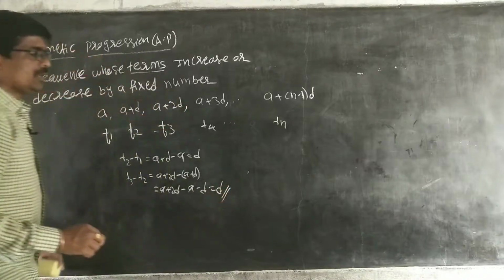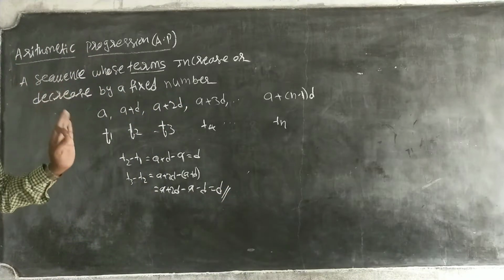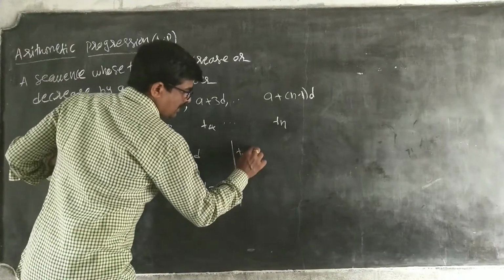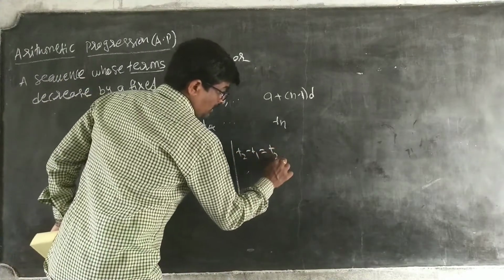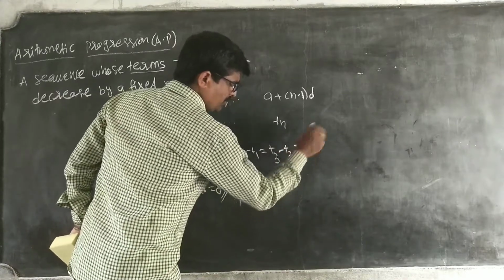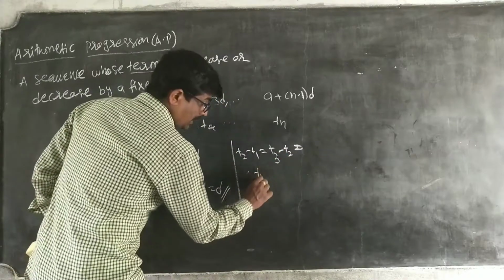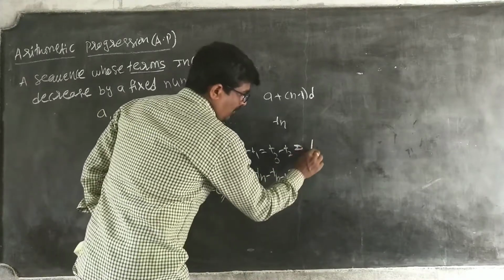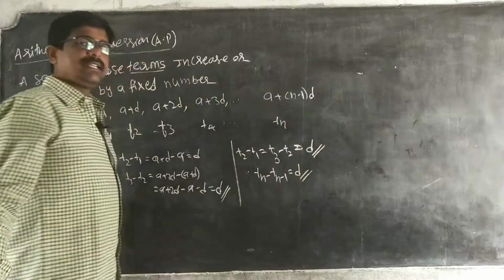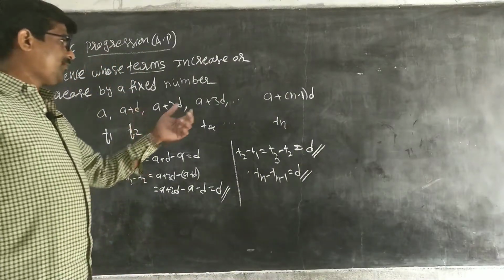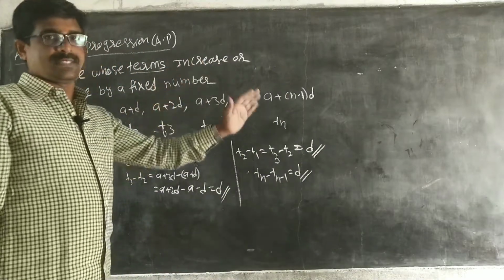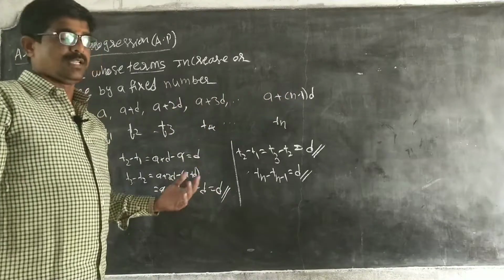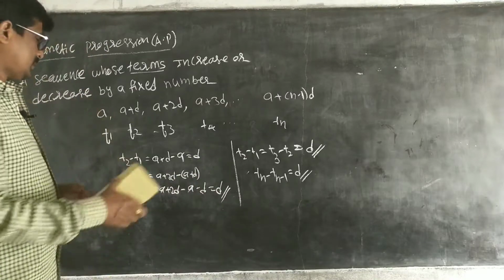So observe, the difference is the same. That is what we are generally writing: T2 minus T1 is equal to T3 minus T2, or otherwise I have to write Tn minus Tn minus 1 is equal to D. The difference is always the same for two terms, the successive and preceding terms. These are always the same only. Okay? Right. Next,